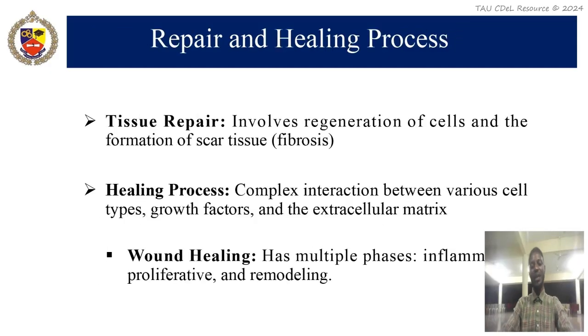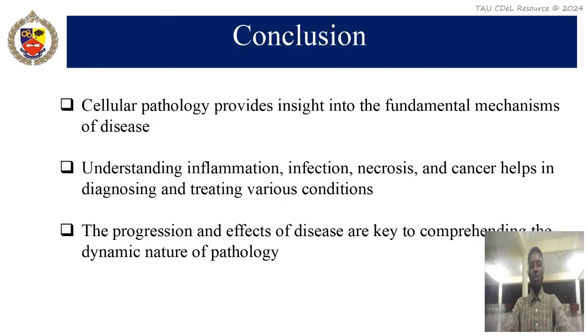Let me also take us through the repair and healing process. Tissue repair involves regeneration of cells and the formation of scar tissue, a process we call fibrosis. Whenever there is an injury to the tissue, it undergoes fibrosis to regenerate those cells that have been damaged or that have become abnormal. We'll talk about this in detail during our next class, or we'll start to discuss this week by